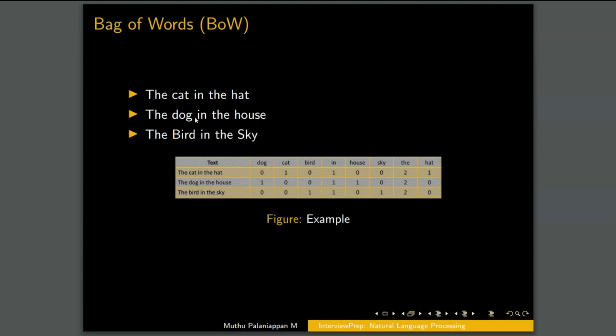So if I create a vocabulary for these three documents, my vocabulary is going to be dog, cat, bird, in, house, sky, the, hat. Okay. Perfect. So this is the vocabulary which I can generate from this corpus, the set of documents. Now what I will be doing in the case of one-hot encoding is I just see, okay,